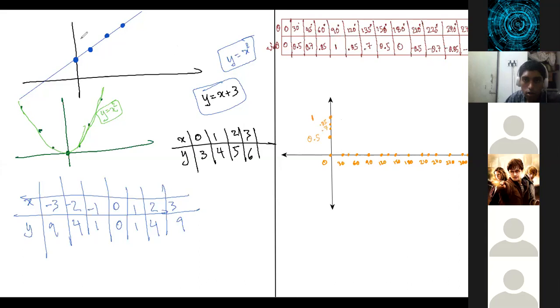Now let us start plotting. Are you guys ready to do some plotting? Since I'm doing it on computer, I can extend horizontal lines coming from here. That's the advantage I have. Of course, if you do it on graph paper, you will also have the same advantage, since graph paper has the same facility.